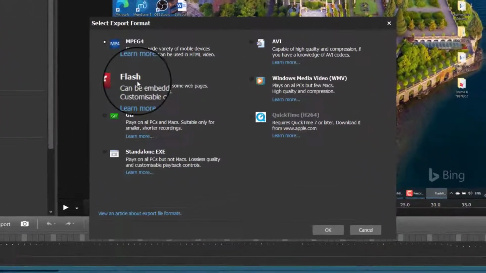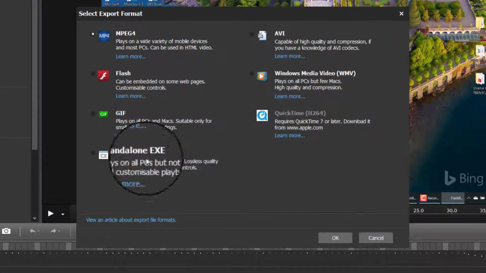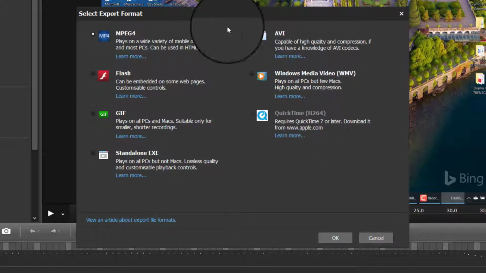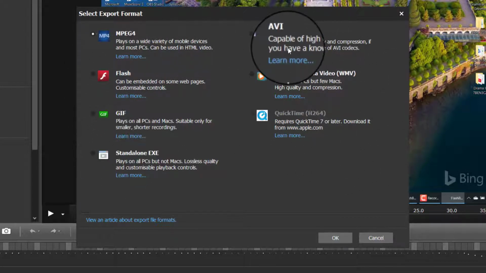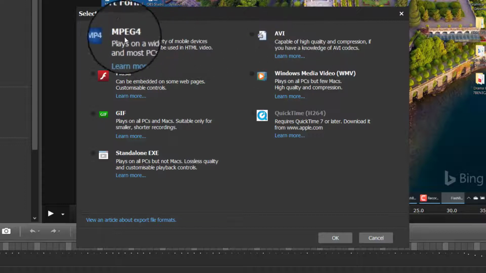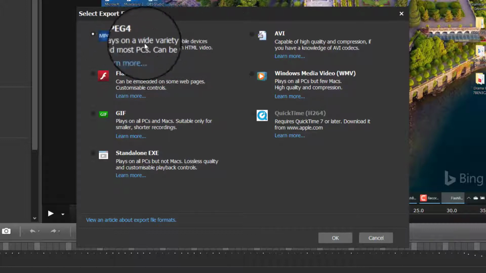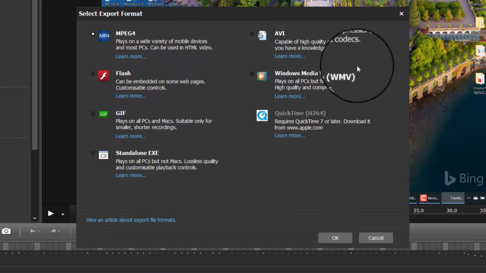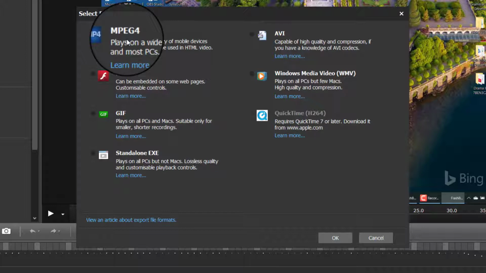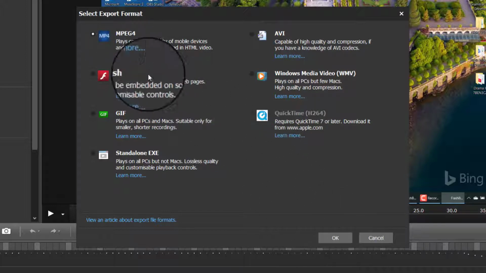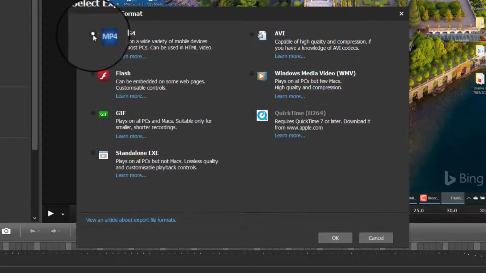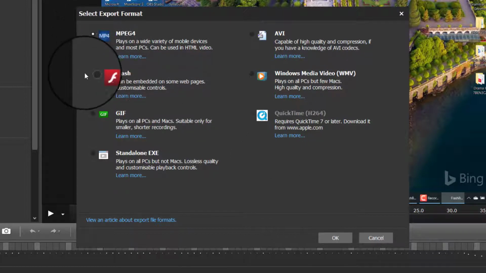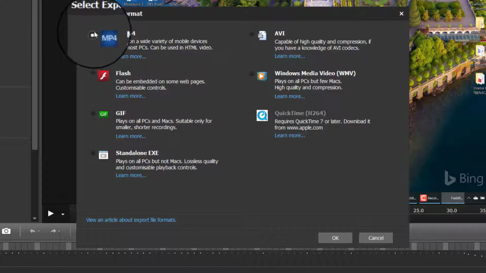So all these options won't be available to you because I have purchased it. All these options are available to me, but for you the MPEG4 option will be available, and there is only this and this option. These three options will be available. It is enough. Okay, you click MP4. Okay, click MP4 and see here there is a small marking. Click it and press OK.